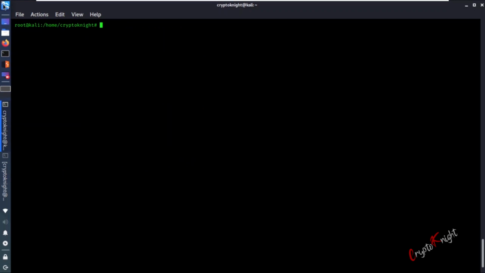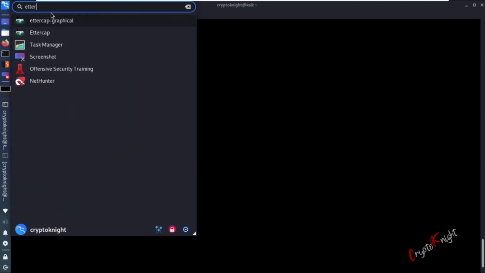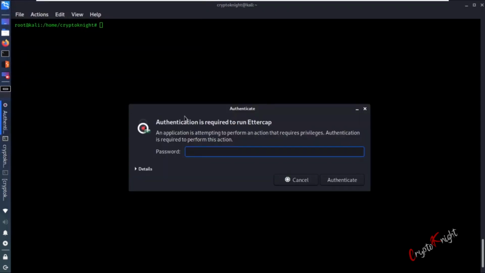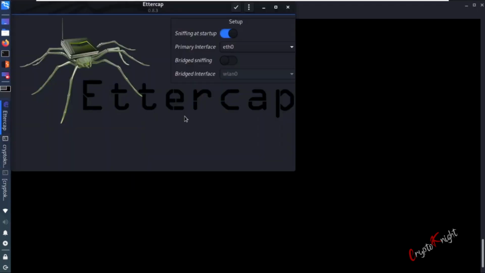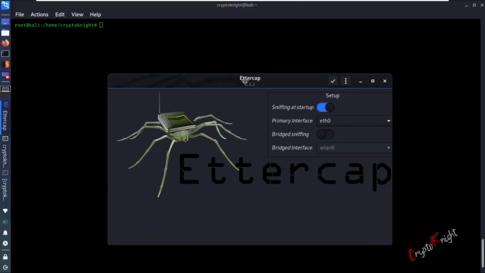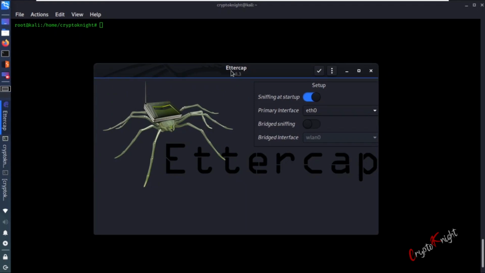Alright, okay. So now click here. We'll use the tool now. Enter the password since it requires root permissions. Now this is a tool, Ettercap, a very neat tool, a very handy tool, and you need not code anything here. It is very simple usage, and now you know the theory, so you will know what is happening in the background. So since our interface is wlan0, select wlan0 and click on the tick mark.